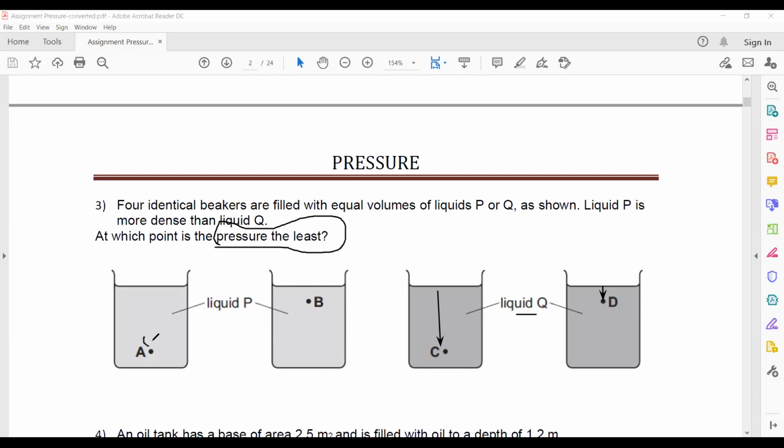You can check the number of the particles. It's high density, so that it will have more particles above it comparatively. The pressure exerted by the liquid